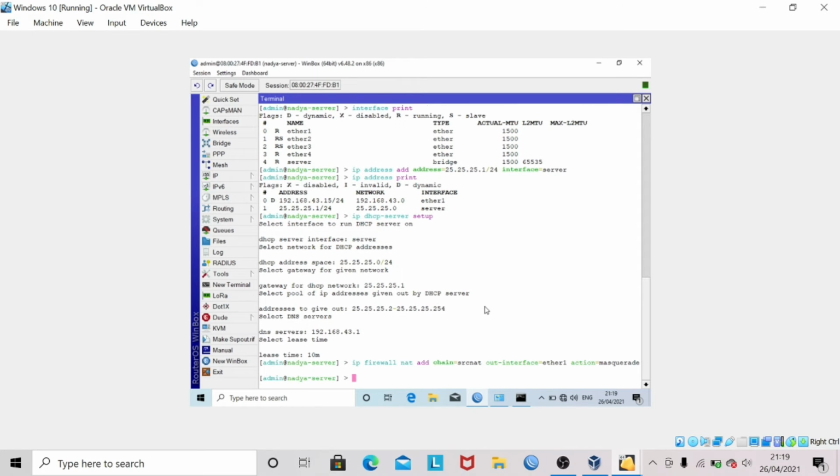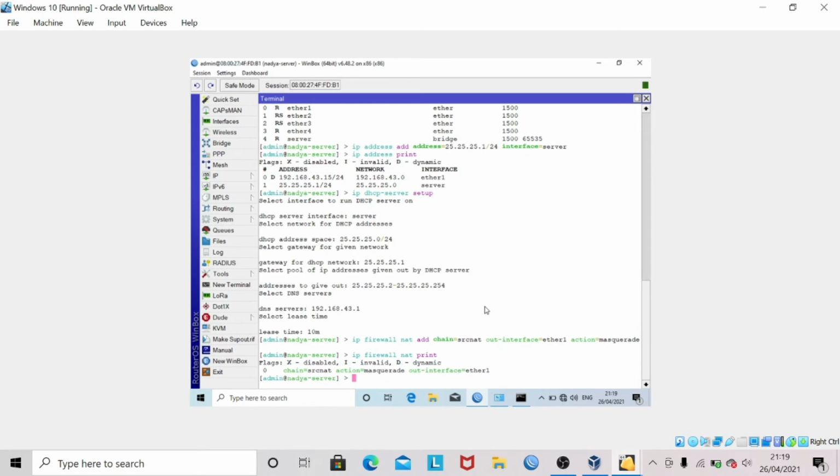Press enter, then check the configuration result with ip firewall nat print. And you can see that the firewall NAT configuration has been successfully done.